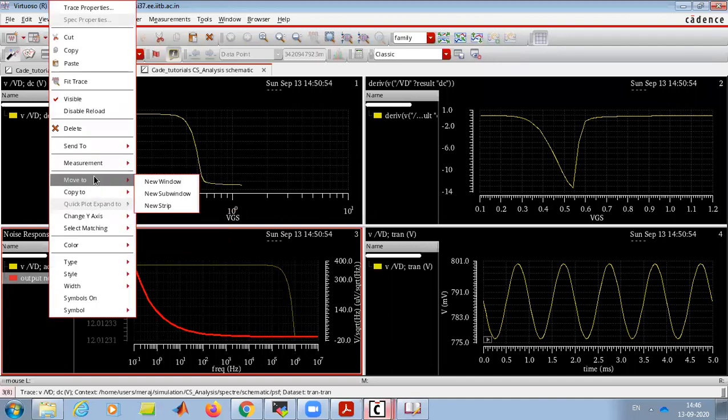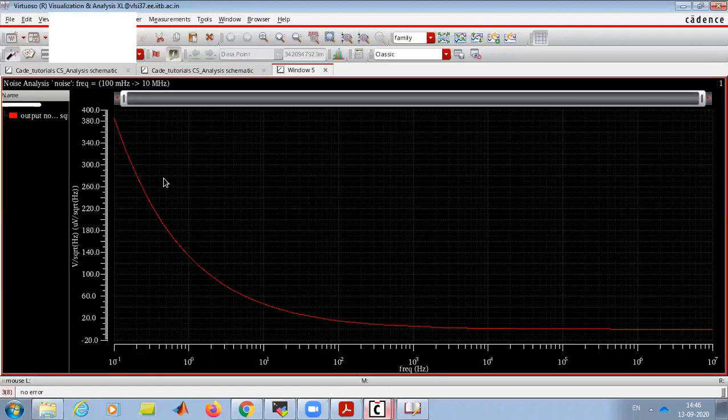So we will move to a new window. You can see that it is falling at 1 over f, then it's getting flat. The flat part is our thermal noise, and this curved part is our flicker noise. So when you study noise in CMOS analog, hopefully chapter 9, there you will cover what parameters in design you need to play with to reduce this part of the noise. What parameters you need to play with to reduce this part of the noise.